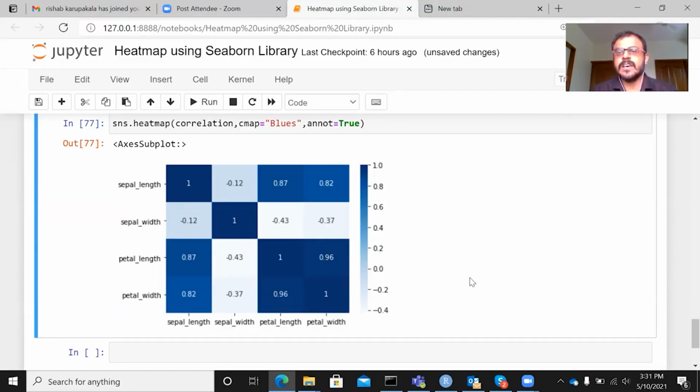That is, in the exploratory data analysis stage itself, we can identify whether there is a problem of multicollinearity, whether there is high correlation with the dependent variable, or negligible correlation with the dependent variable, and which variables have a strong correlation with fellow independent variables. All these things can be understood through a simple heat map. And the beauty behind this is that very complex information can be summarized using a simple visualization technique.